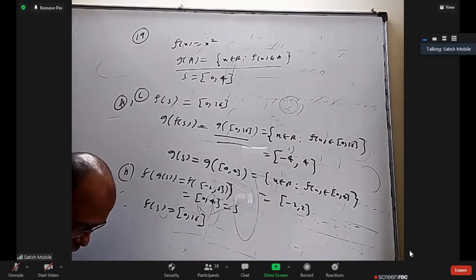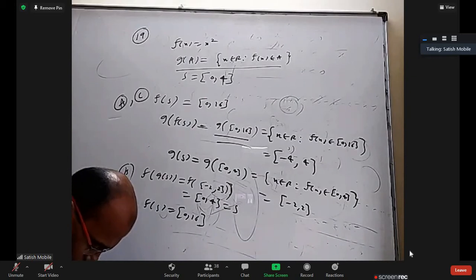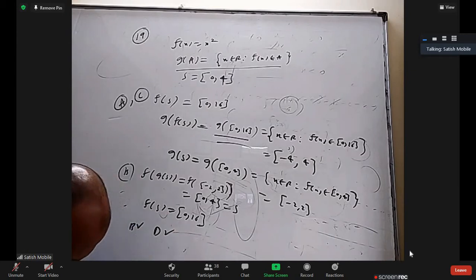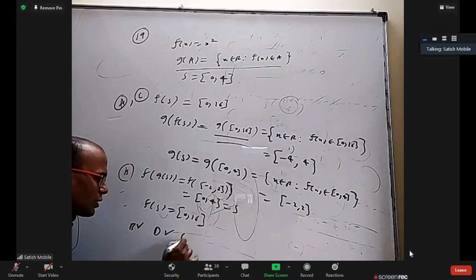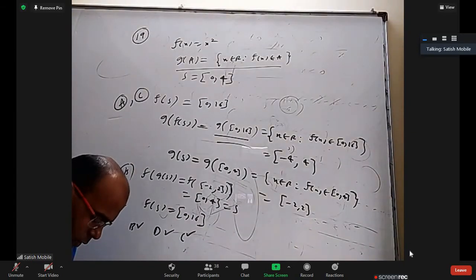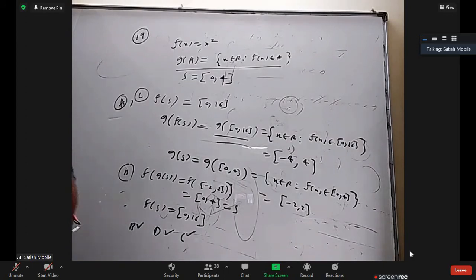Now they ask which of the following is not true. Okay. So option B is true. Option D is also true because it's not equal to. So we proved B correct. We proved D correct. Did we prove C correct? Yes. We proved it's not equal to s. C is also correct, because they are not equal. And option A is not correct, but they gave it as equal to. So that's A's answer. So B, C, D are actually correct, but they're asking which of the following is not true. That's why you have to put A.